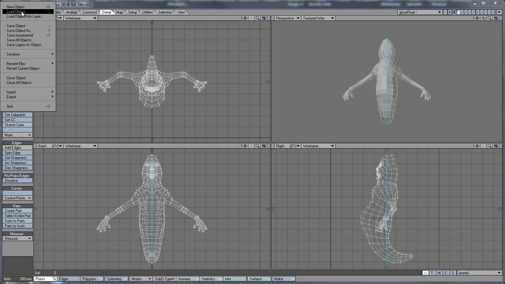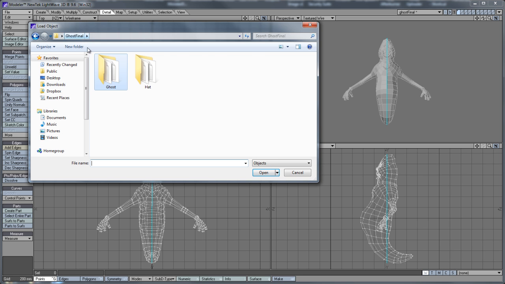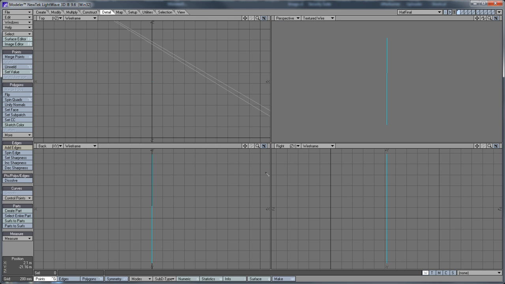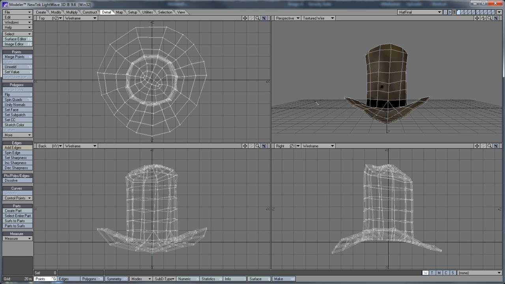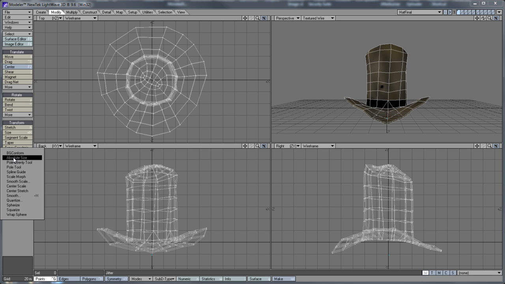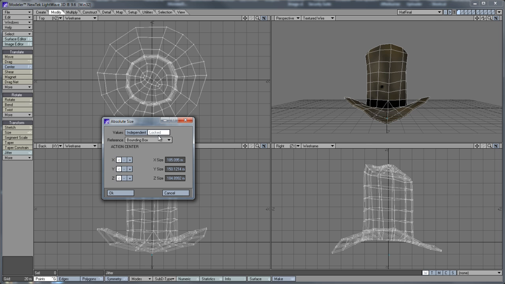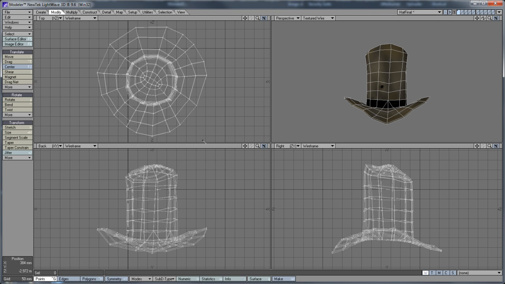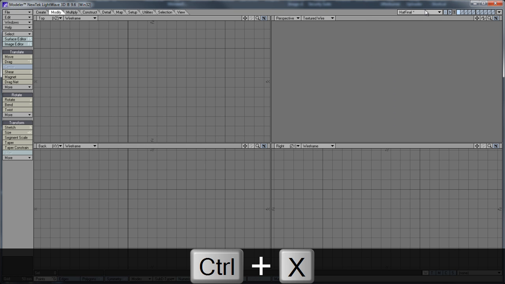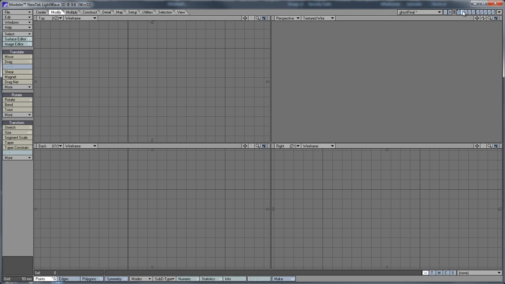Okay, now that he's all scaled down, we can go ahead and bring his hat in. And we'll have to do the same thing with the hat. It's really large too, so we'll scale it down as well. And I'm just making a guess on the size. When I scale this down, we could always scale it back up if we need to. But I'm guessing it's going to be about 1.5 feet tall. Great, and now we'll just copy it or cut it and paste it into the ghost object on layer 2.